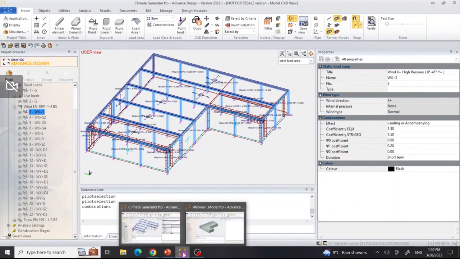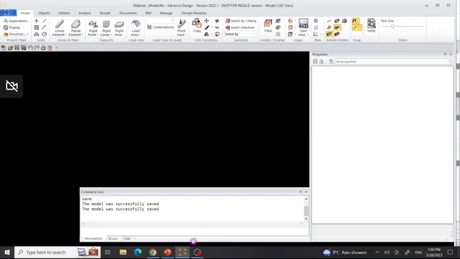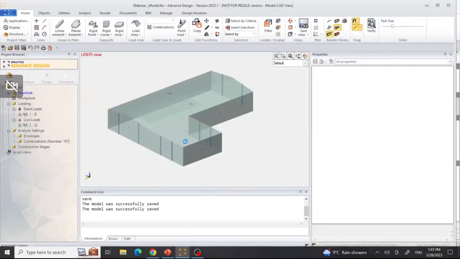I would also like to show you a different type of structure. In this case, we have a dual pitch roof with a flat roof as well, and I'm going to generate the wind here as well. I am going to generate the wind